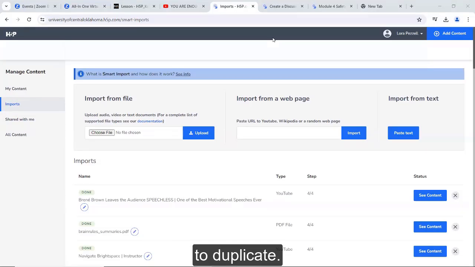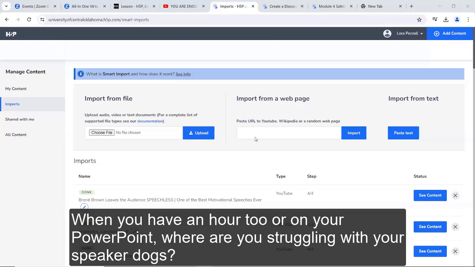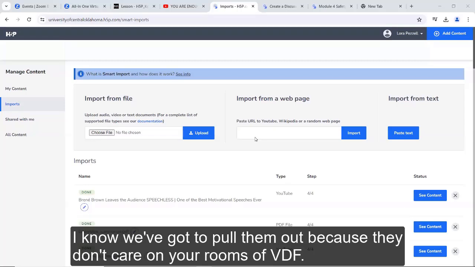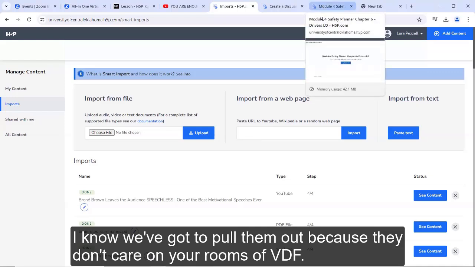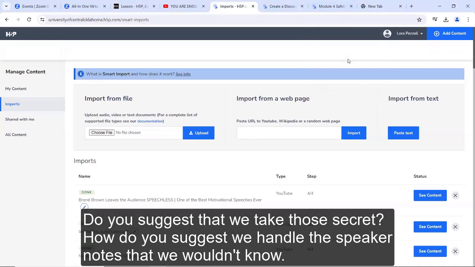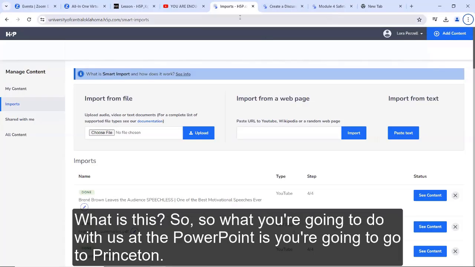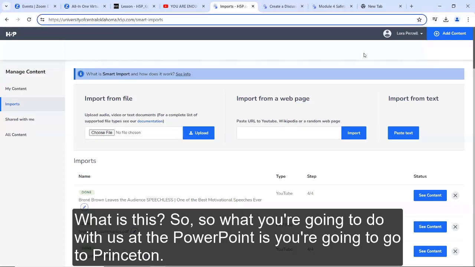When you have a narrative on your PowerPoint, where you would normally put your speaker notes, I know we've got to pull them out because they don't carry over into a PDF. How do you suggest we handle the speaker notes that we ordinarily would put on the PowerPoint?